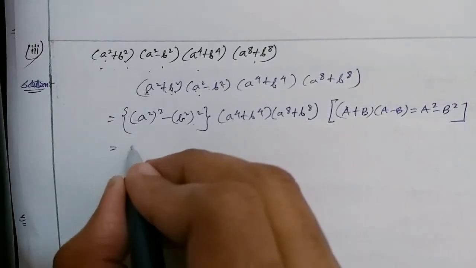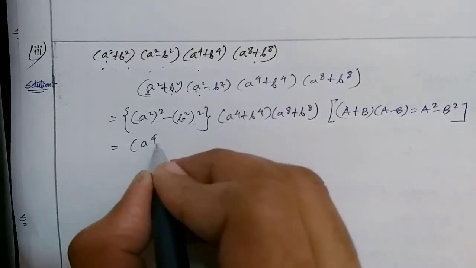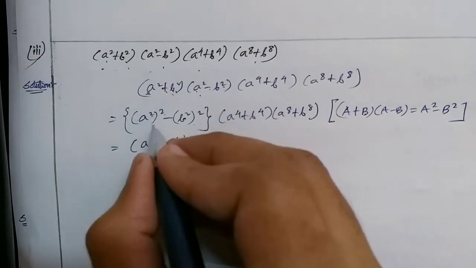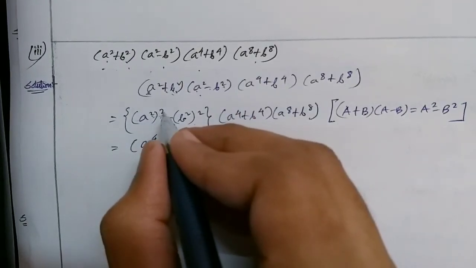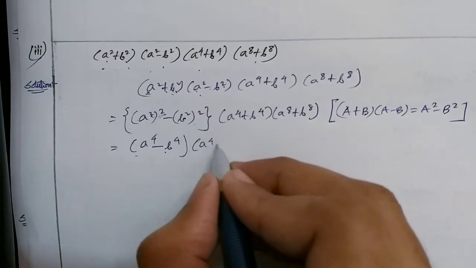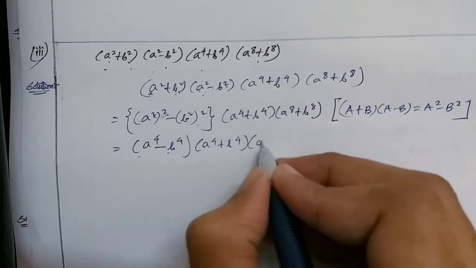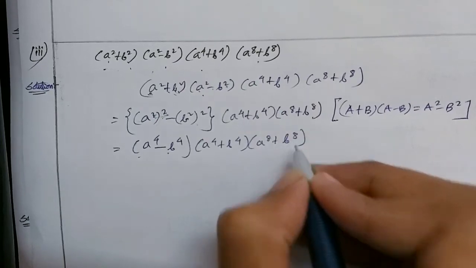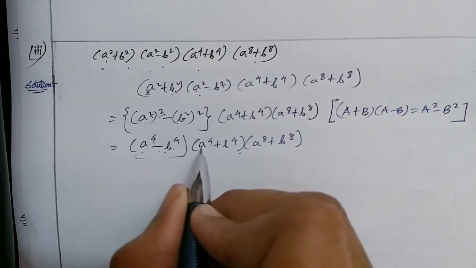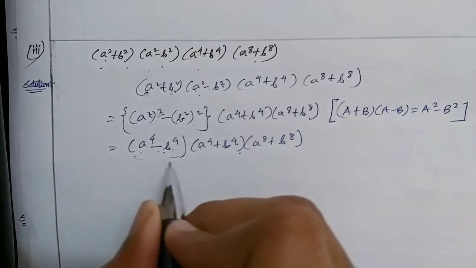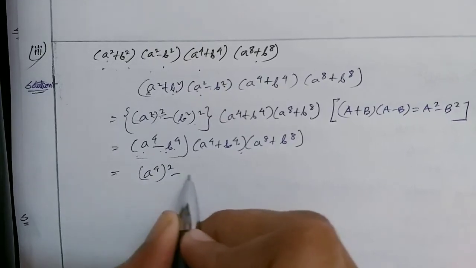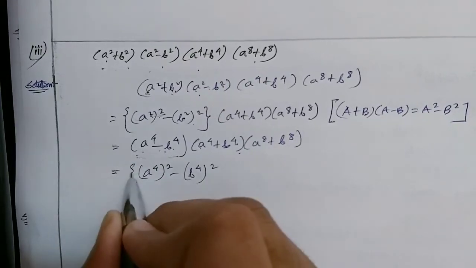Now from here you are getting (a to the power 4 minus b to the power 4), right? Whole square. As you know, if the power is as a whole, in that case the powers are multiplied, so therefore you are getting a to the power 4 minus b to the power 4 and the rest of the part. Now for this part and this part, again (a - b) into (a + b) form is visible here, so again we are going to use that formula, (a to the power 4) whole square minus (b to the power 4) whole square, right?